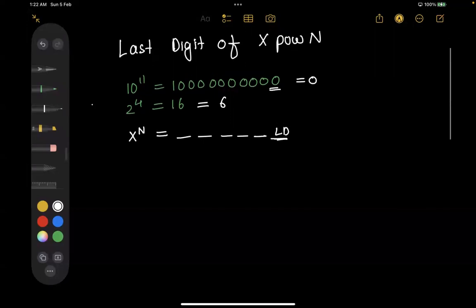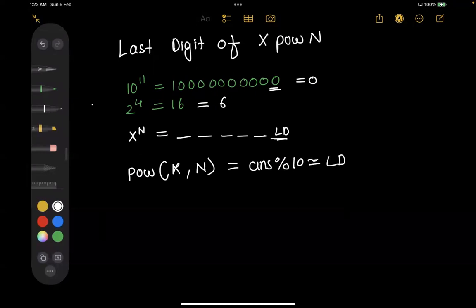Now, this question would be very simple to solve in any language, because in every language we have a power function which takes two values x and n, and it will give you x power n. Whatever answer you get, you will just do answer modulo 10 and you will get the last digit, right? But here, if you look at the constraint, what I'm writing,